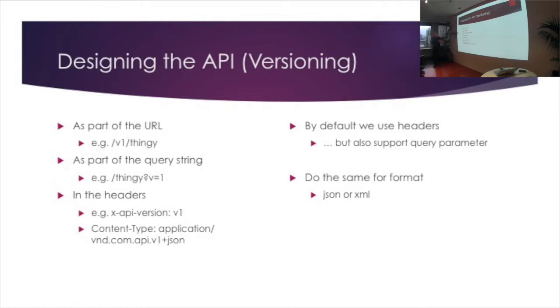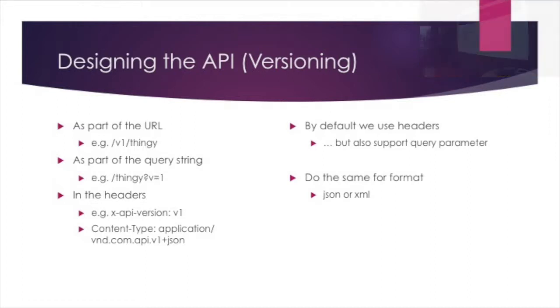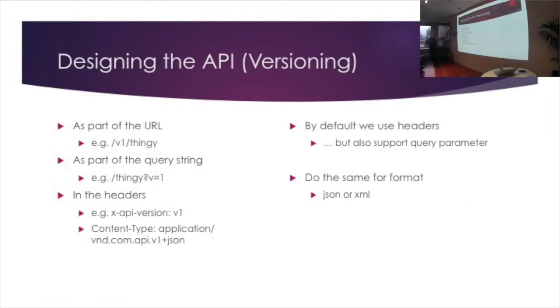Now, I actually do like the idea of the content type because it helps you understand what a resource is. If you take the version out of the identifier of the resource, that is just the resource, that's where it is. The version and the format are just how it's represented, it isn't what that resource is. So we've gone with putting it in the header, as I've put there,